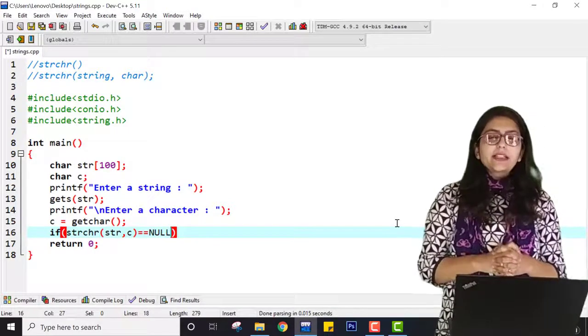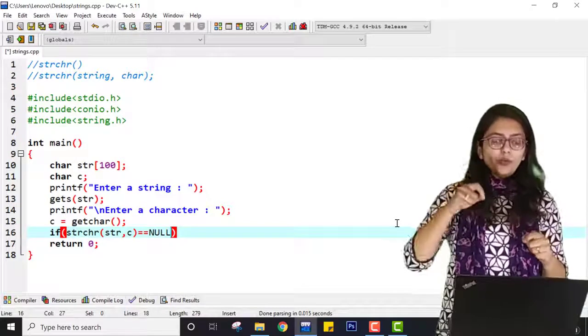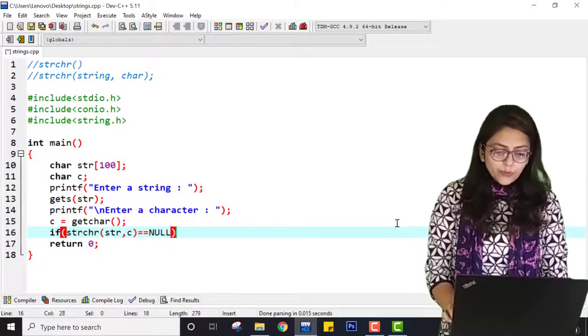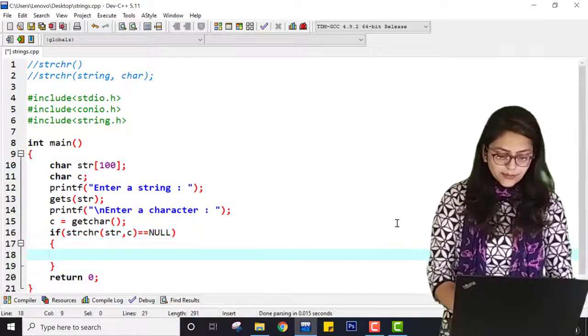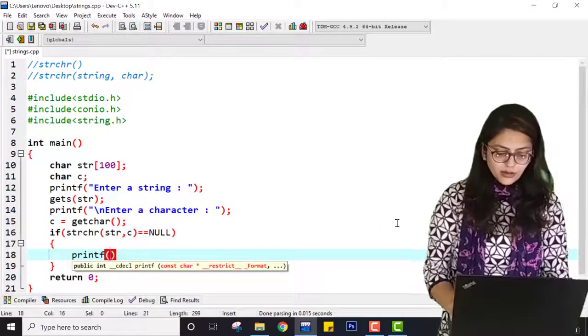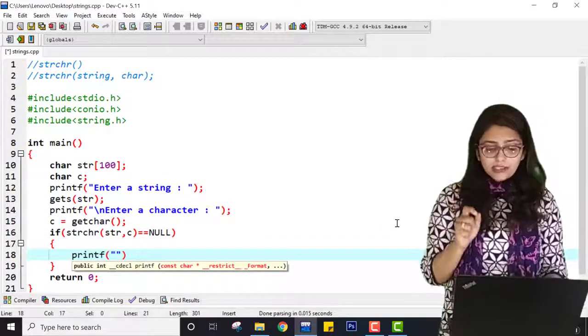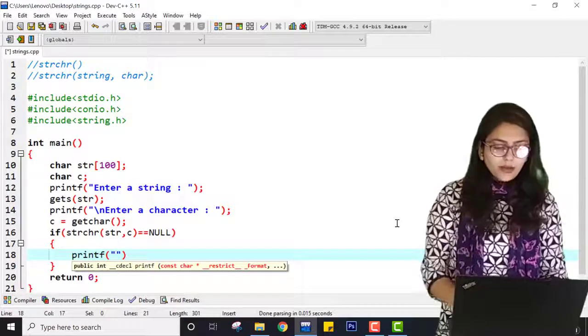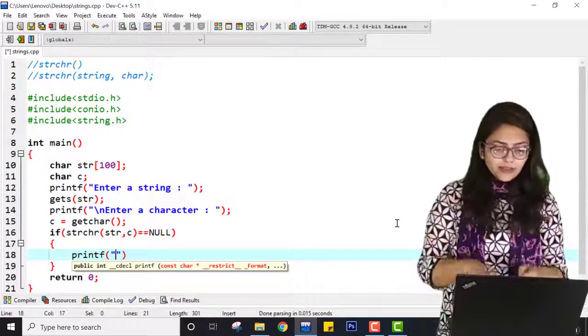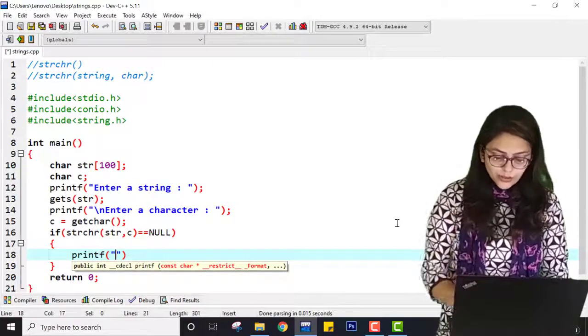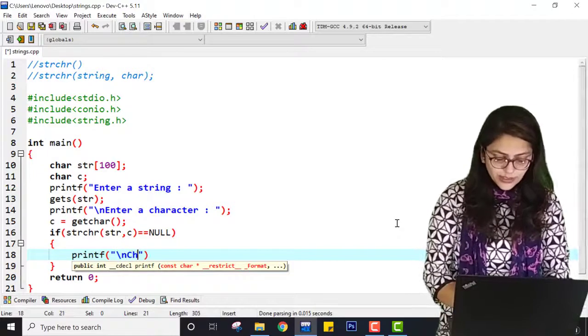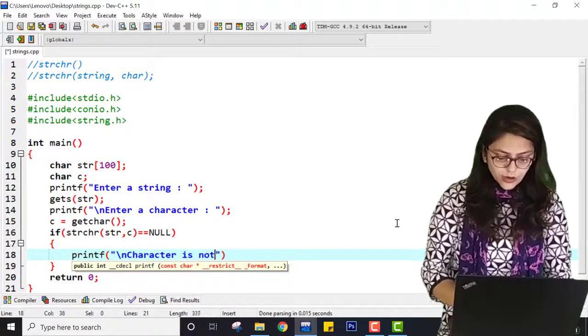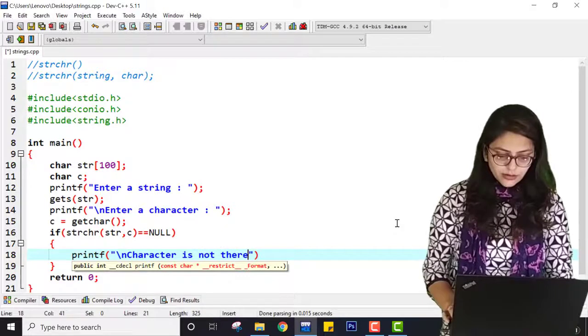If you write it as capital N and then small u double l, it will throw an error. I will show you what error is encountered, but right now just understand that you have to write NULL this way, because this is the value returned by the function if the character is not present inside the string.